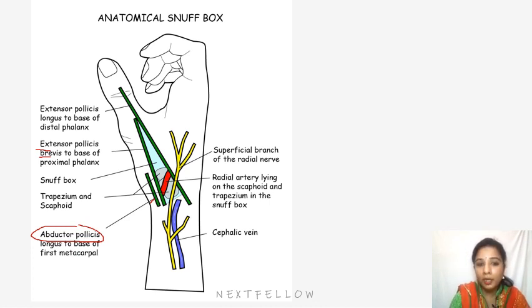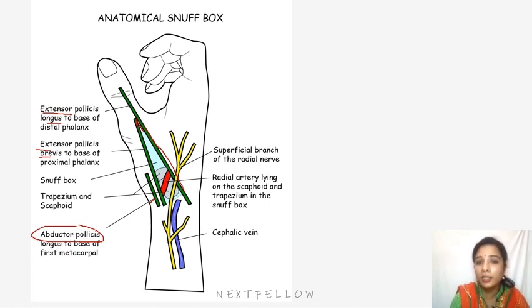Then the posteromedial boundary, or ulnar boundary, is formed by extensor pollicis longus. We can see extensor pollicis longus on the medial side, and the base is formed by the styloid process, that is the proximal end. Distally we can see the apex, where these two tendons meet almost to form the apex of the triangle.